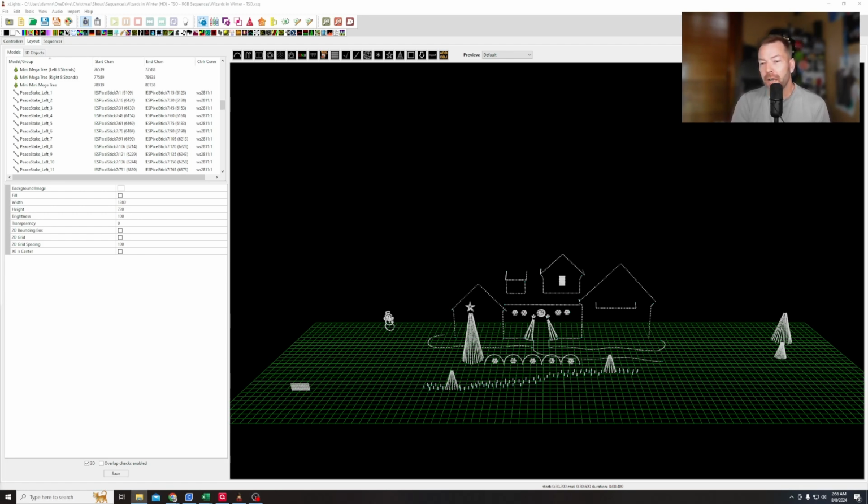Recently I saw a couple of people on the xLights support group on Facebook who were basically asking, "I'm new to this, who can I pay to map a sequence for me?" Or they're asking really complex questions about how to map sequences themselves. And when people ask me how I got into this,